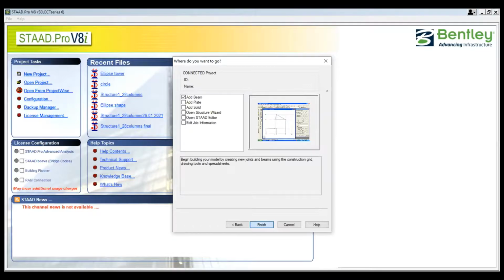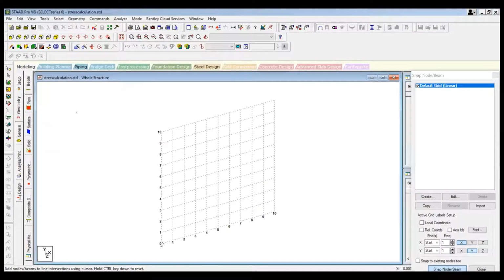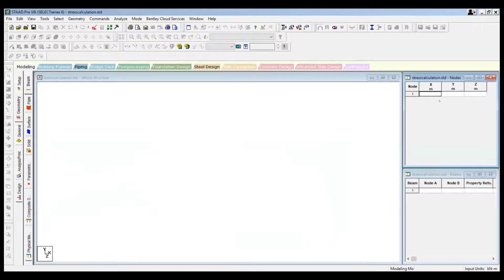So this is your StatPro screen where you can see the icons and the toolbars which are available over here. Here I can close this grid system, and you have the coordinate system over here. So for our beam span, you can see the coordinate axes as x, y, and z. Y is upwards, and x and z are the plane. I'm going to give the coordinates on the right side. You can see there is a node and a box x, y, z, which indicates meters. Okay, so here I'm going to give 0, 0, 0 first.